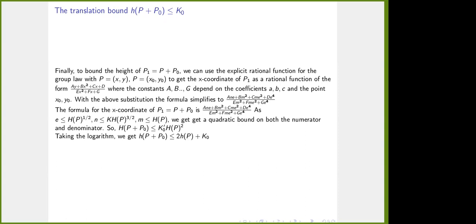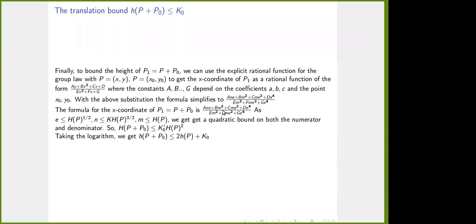So we use that, and if you do the computation, the coordinate of p1, the sum, will be a rational function, and here we can substitute x equal to m over e square and y equal to n over e cubed, and you can go from that formula to this formula here after clearing denominators. And the formula for the x coordinate is this,